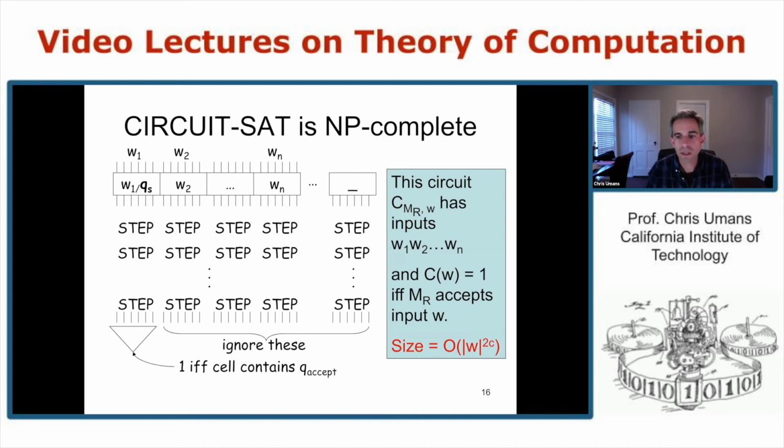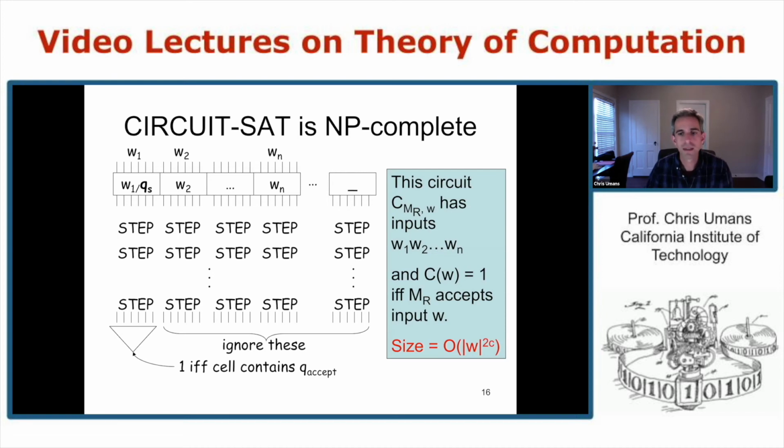And the circuit that we built has a little finite size component for each cell in this tableau. So its size is order the size of the tableau. And actually, this is useful for this reduction, but it's also an important statement, which is